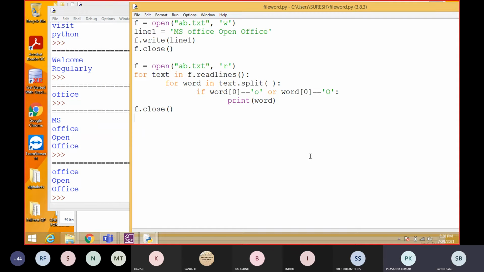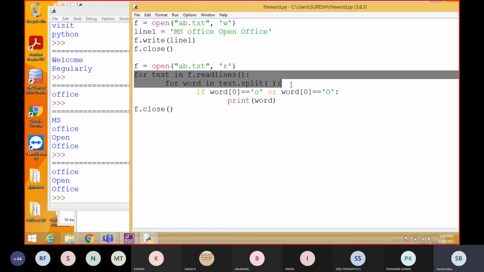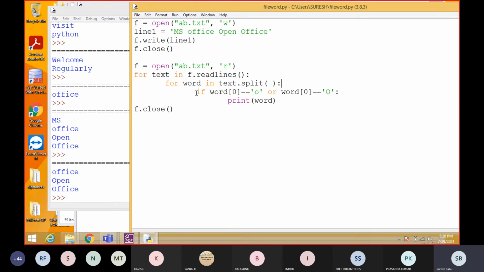So kindly note down, students, this is what they will ask in the exam, and sometimes they will ask to display the words which have number of letters less than 4 or less than 5. So what will be the answer, students? Up to this we have to do. After this only we need to alter the program.